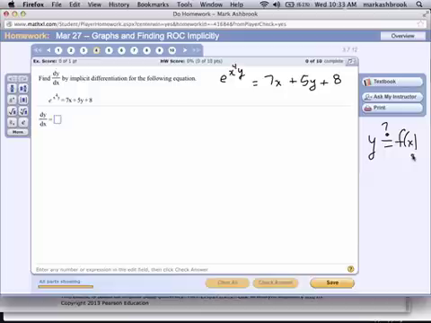But even though that can't be done, we pretend that y is a function of x,